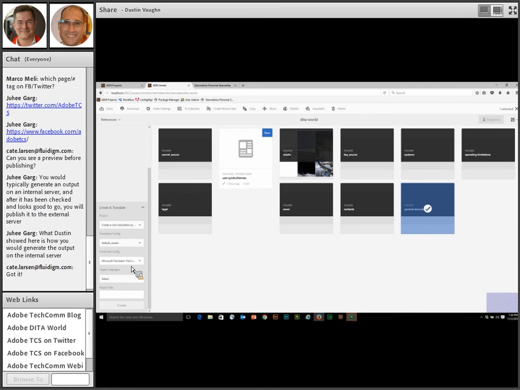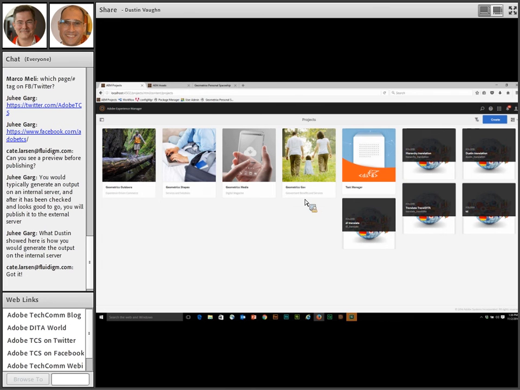You'll see for a target language, I've set up French and Spanish as the languages that I wanted to set up as targets. Very easy to set up the number of languages that you want to translate to. And then I just give it a title. So in this case, let's call it DITA World and tell it create. So what that has done, if I come over here in the projects area of Adobe Experience Manager, and I do a quick refresh,